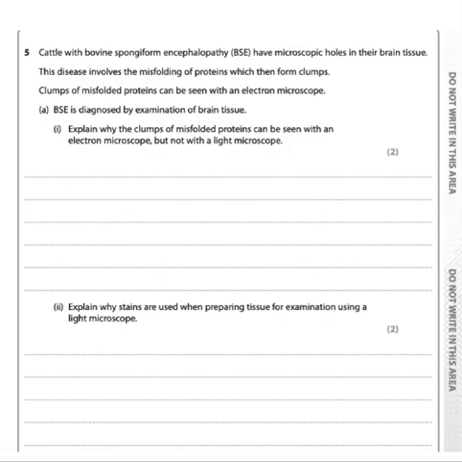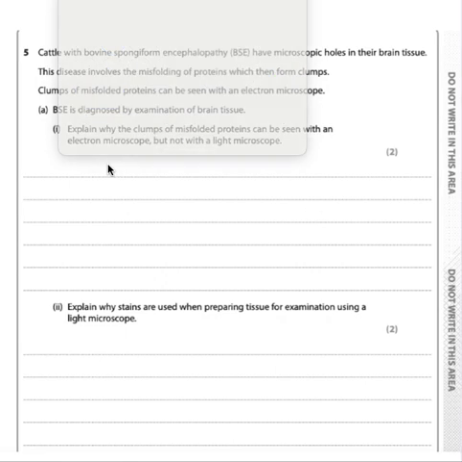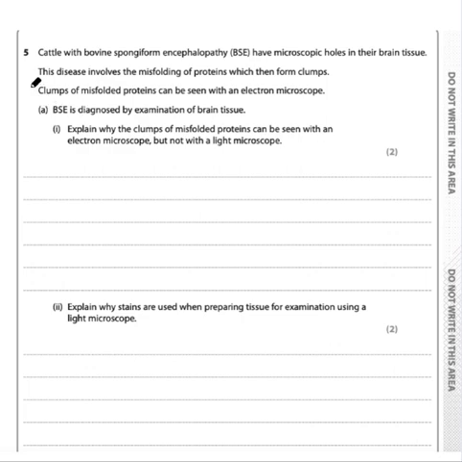So, once again, Edexcel will always bring you a disease or something that you probably haven't heard of. You probably would have heard of BSE, maybe you've heard of mad cow's disease. And even if you don't, because it's not part of the specification or in textbooks, you wouldn't have come across it or studied it. You may have heard of it, but you don't need to know any of these background diseases